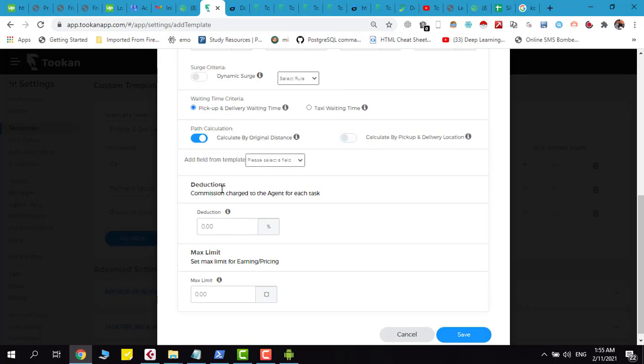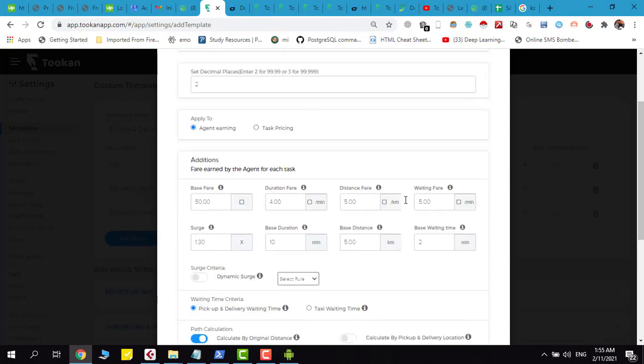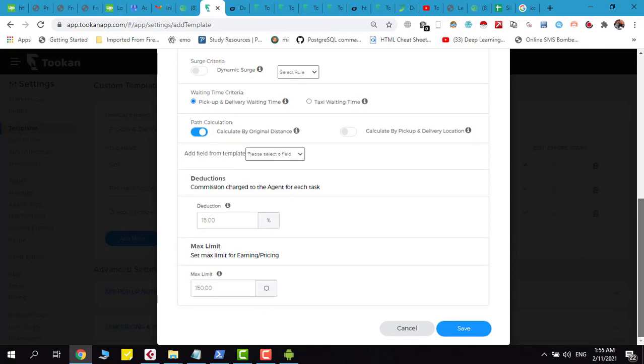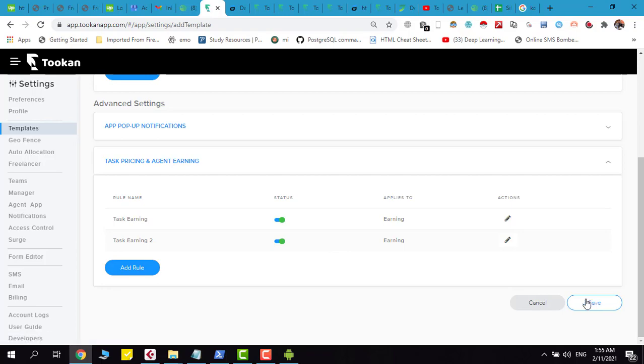And the deductions: you charge 15% for every order. This is a different business model. The maximum limit is that you cannot charge more than 150 rupees. Whatever the rules set here, you charge 150 at max. So you save the template, and that's how you enable the agent earnings.